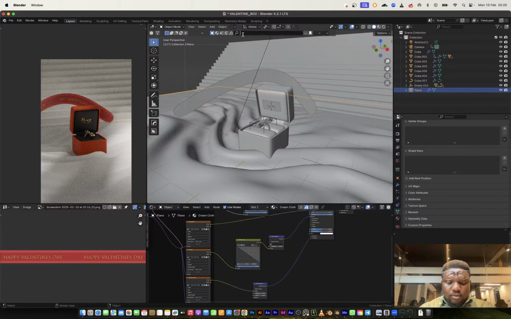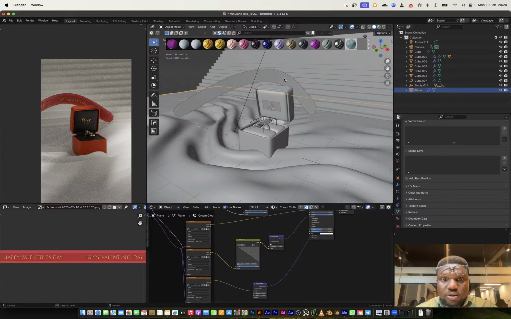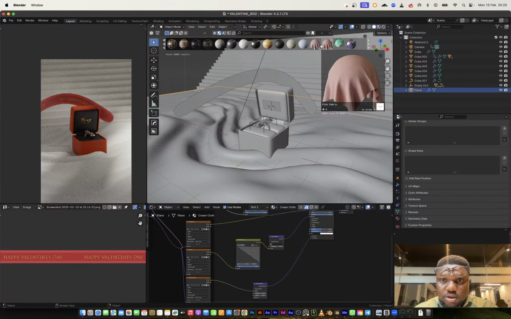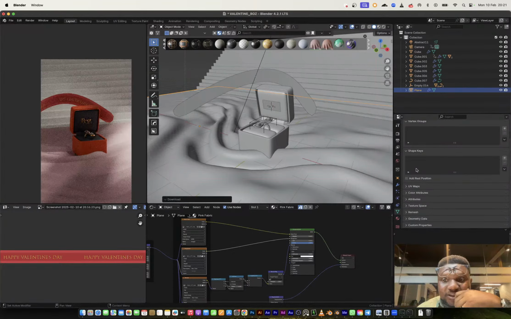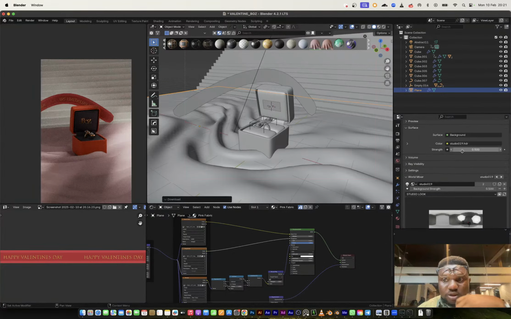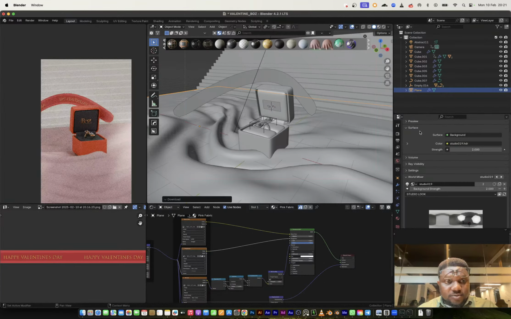Let's look for more velvet material. I feel like the one down here is just not working. So let's take this. What does this look like? This is good, but let me bring in a lot more light to the scene. Okay, drop that one. Okay, how nice.